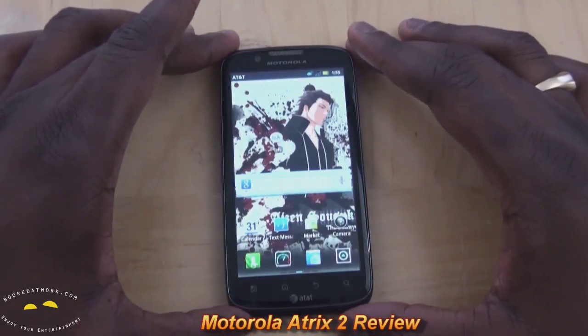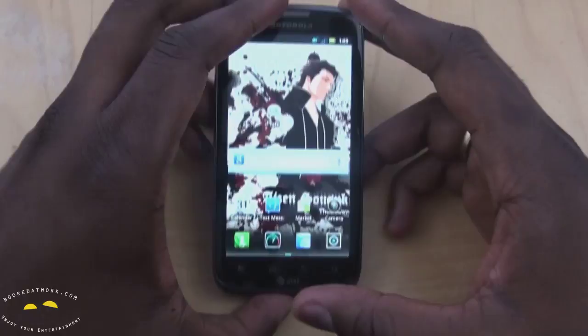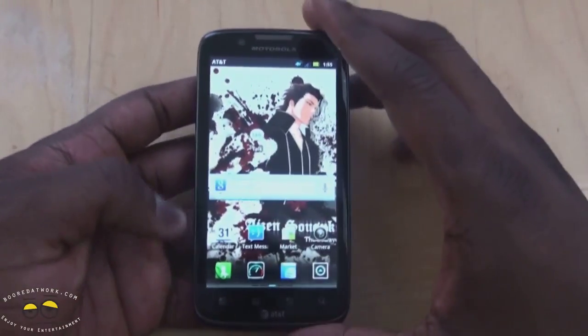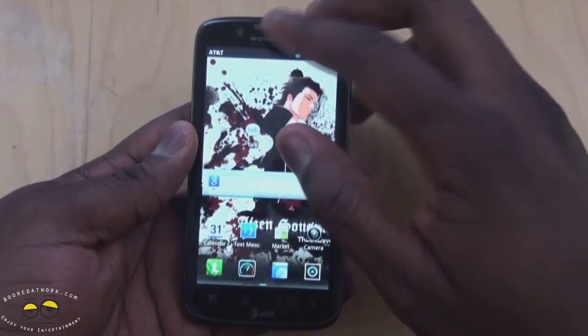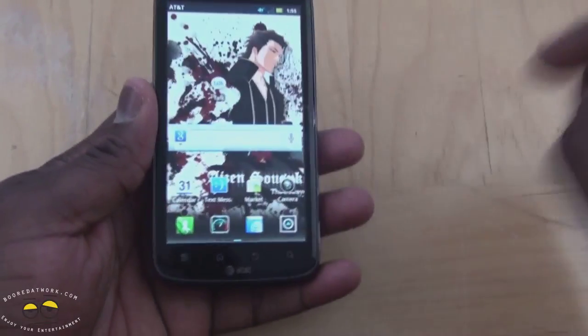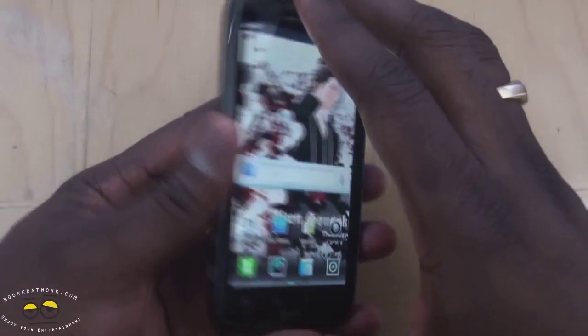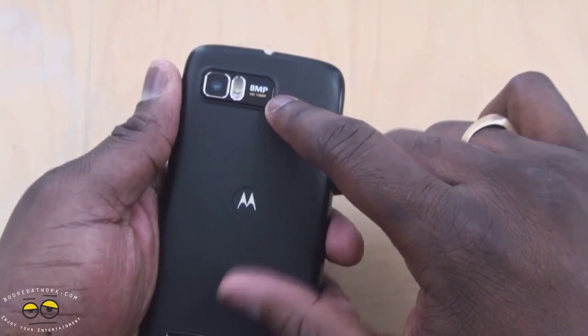ATRIX 2 is an Android smartphone on the AT&T network and retails for about $99. So let's take a look at the device first before we jump into the review. It's got a 4.3-inch QHD display with a 1.3 megapixel front-facing camera. You do have your touch-sensitive buttons below. The rear of the device, you do have an 8 megapixel camera that records at 1080p with an LED flash,